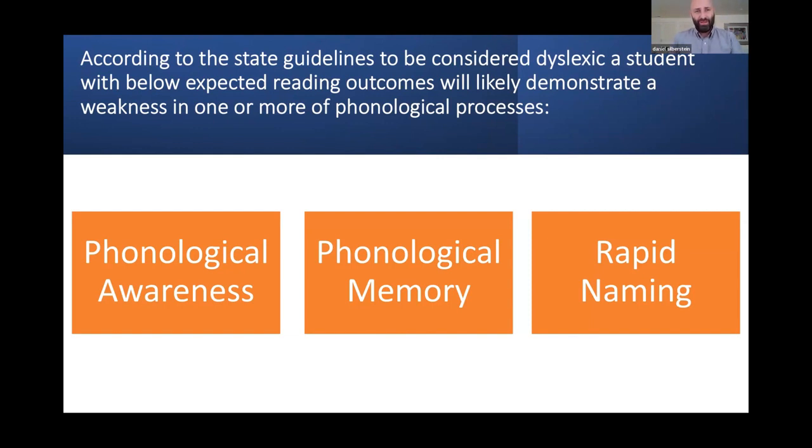But when you think about doing a screening, like a tier 1 dyslexia screening, your phonological awareness, your ability to hear sounds, manipulate sounds, blend sounds, and your rapid naming are really the areas you're going to want to look at. Phonological memory is just the phonologic loop of your working memory, so it's a sort of cognitive process. Certainly you want to know if the student is able to hold sounds in their working memory, but it's going to be a harder one to screen. So the two big ones you should hit are their phonological awareness and